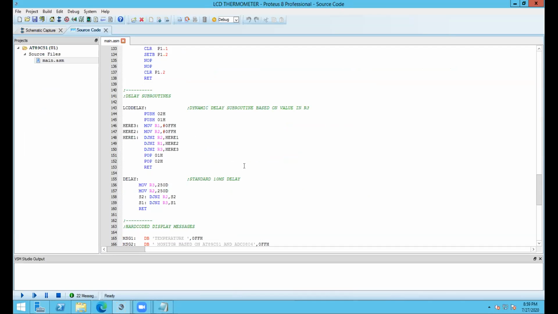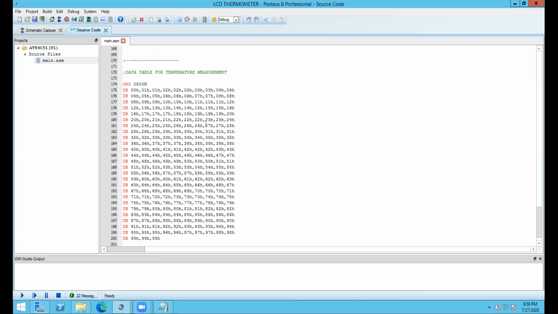So that is the third location of the data pointer. Once the data pointer is loaded here, 03 means 0, 1, 2, 3. And for 3 we have 2 here. So that is showing 2 degrees Celsius. So that is the bug in our lookup table.